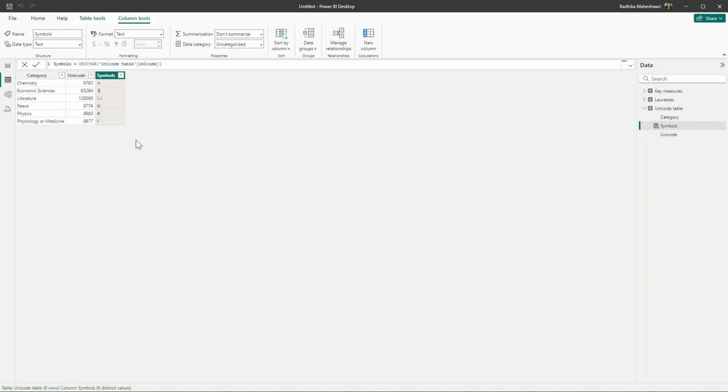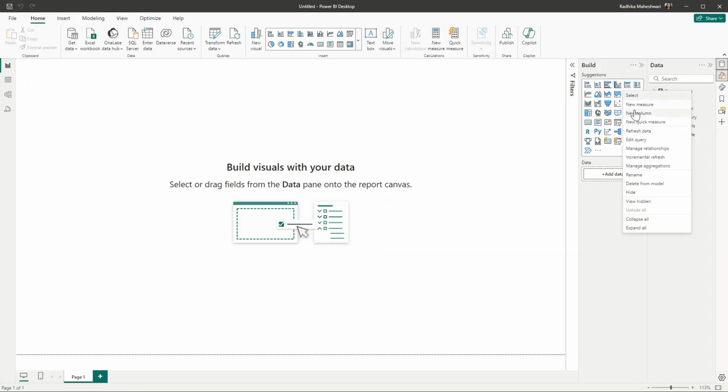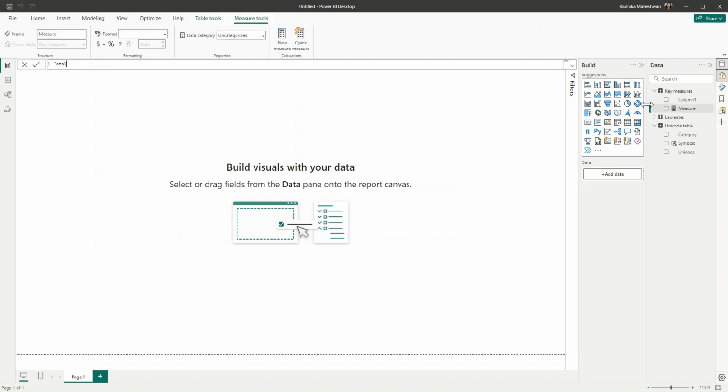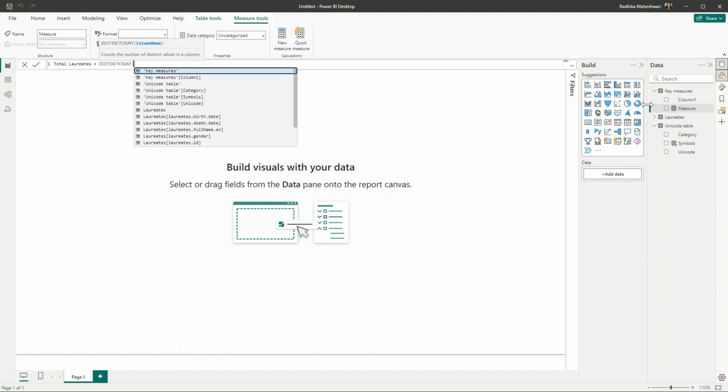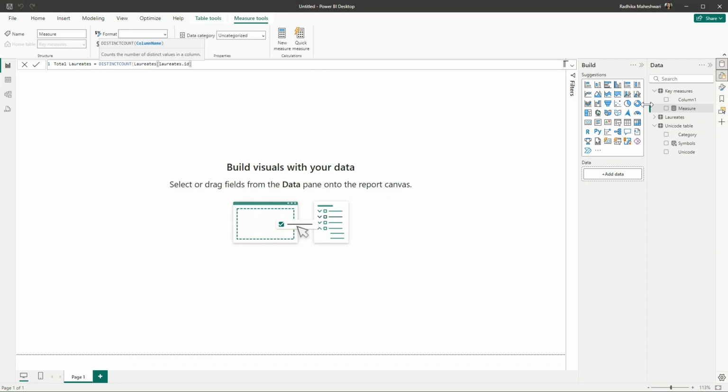Now let us start creating our measures. So in key measures, I will right click and click on new measure. And the first measure that we are creating is total laureates, which will be equal to doing a distinct count on the ID. The second thing that we need to find out is percentage of women laureates. So for that, I will create this measure and call this percent of women laureates, which will be equal to,